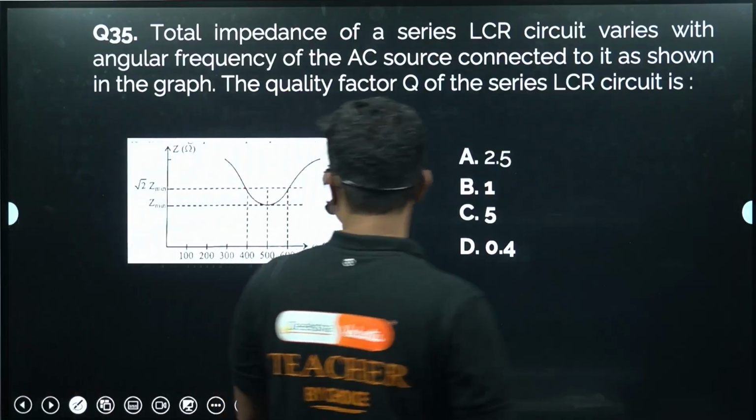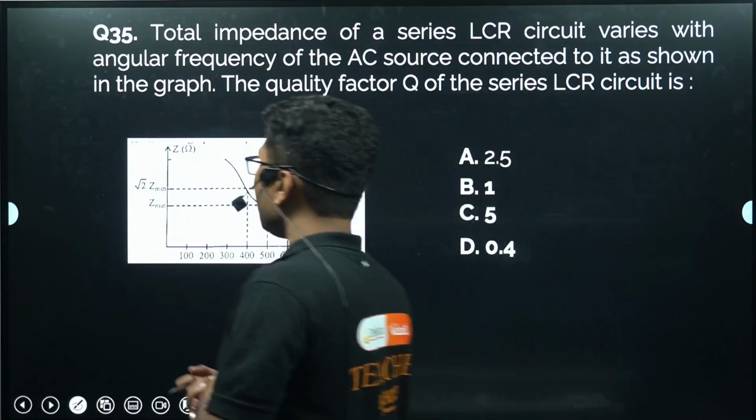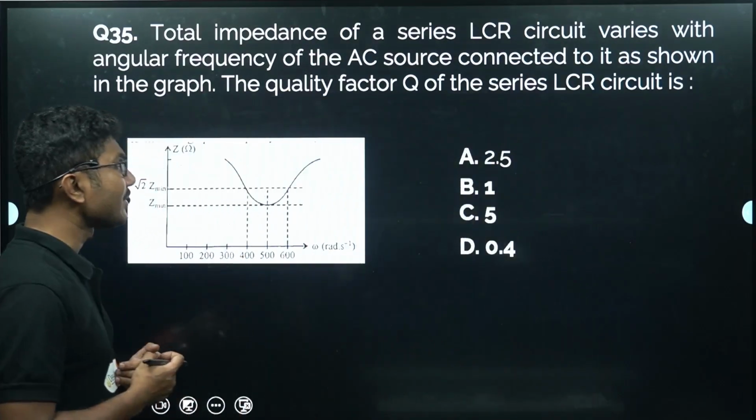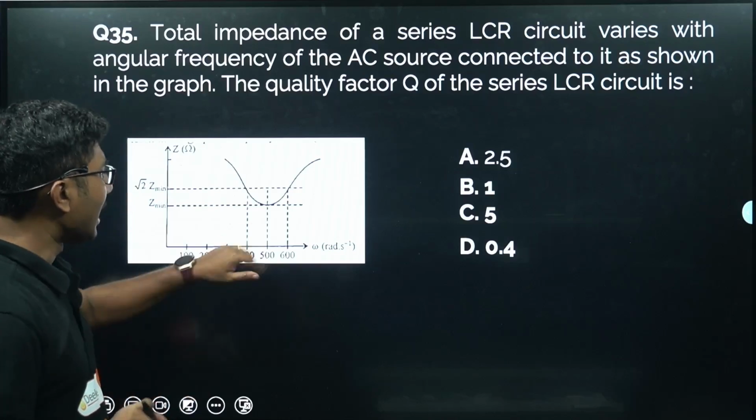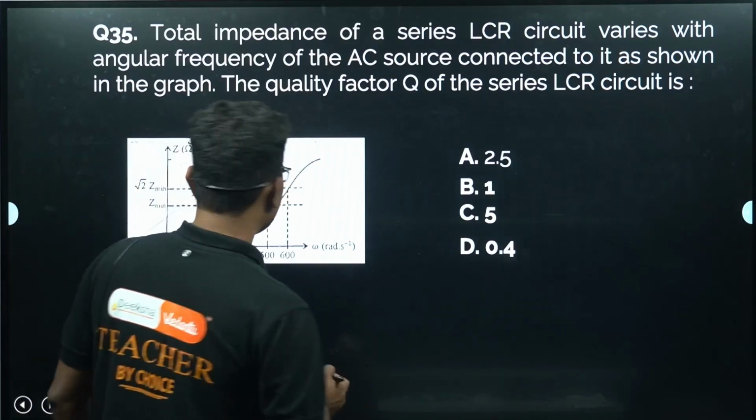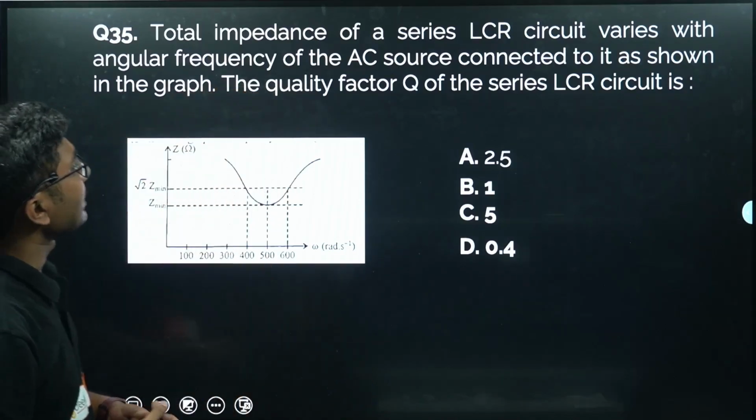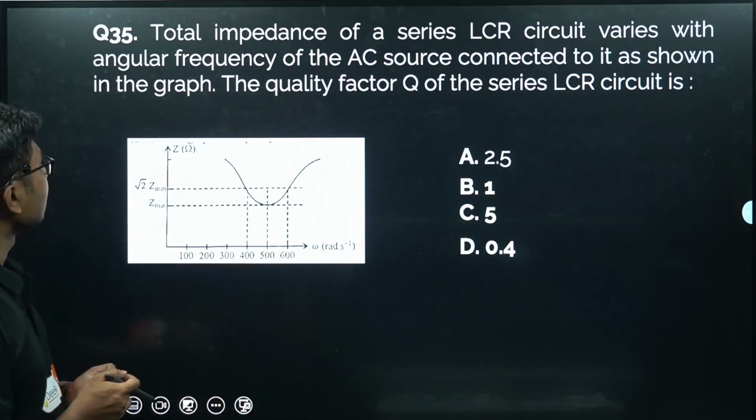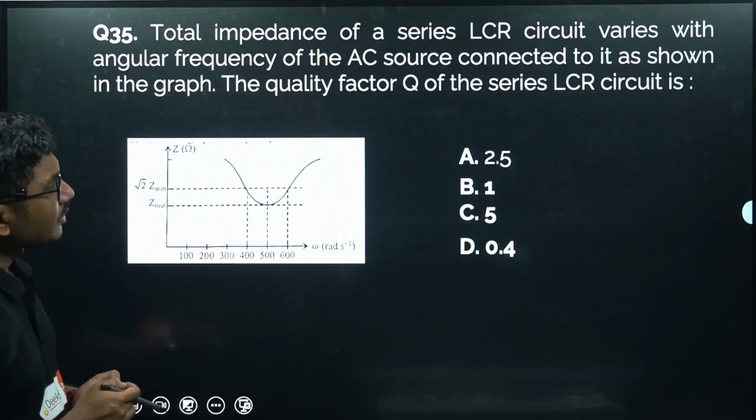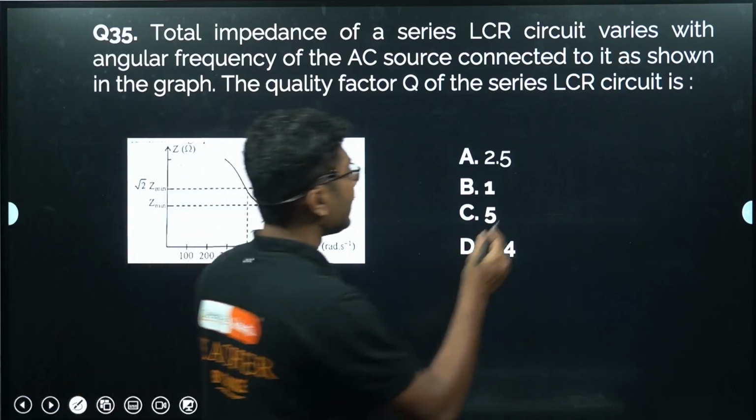Now, this question is basically an out of syllabus question. Currently quality factor is no longer in your syllabus, but let me tell you the answer. In this question it says the total impedance of a series LCR circuit varies with the angular frequency of the AC source connected, as shown in the graph. The quality factor Q of this LCR circuit is, so quality factor is